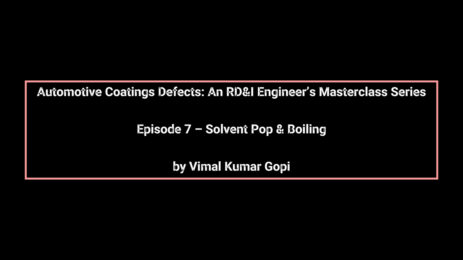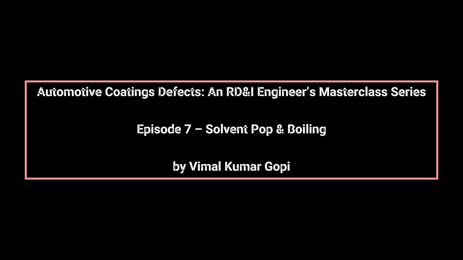Boiling represents the extreme end of the same mechanism, where rapid solvent vaporization causes violent surface disruption, often visible immediately during bake ramp-up. The root mechanism begins with solvent entrapment. In any solvent-borne coating, evaporation occurs from the surface downward. As fast solvents leave the top layer, viscosity increases rapidly, forming a semi-gelled skin. If slower, high-boiling tail solvents remain trapped beneath the skin,